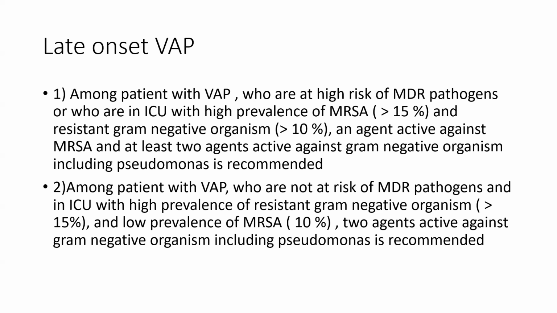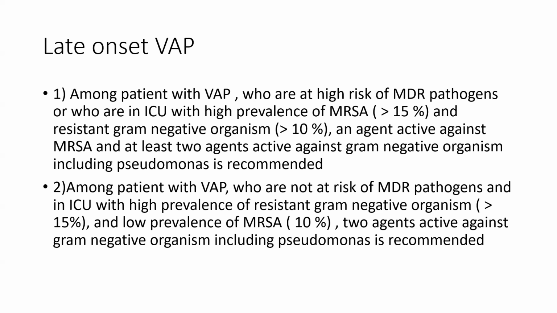Then once it is diagnosed, how do we treat late-onset VAP? If the patient is diagnosed with VAP, is at risk of MDR pathogens, and is in an ICU with a high prevalence of MRSA, that is more than 15%, and resistant gram-negative organisms, that is more than 10%, an agent active against MRSA and at least two antibiotics covering gram-negative organisms, including Pseudomonas,